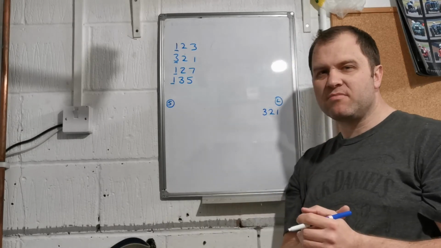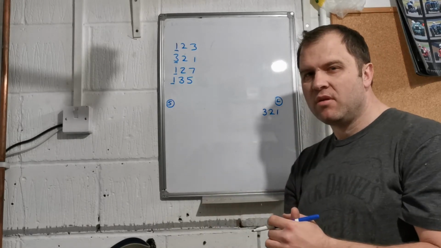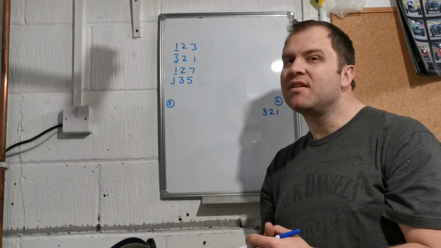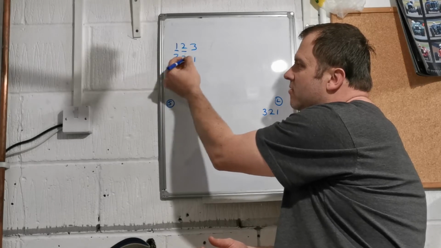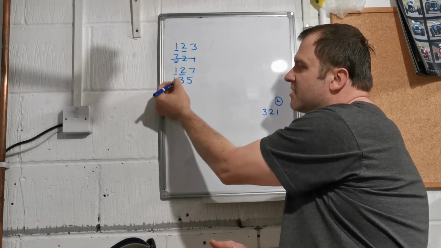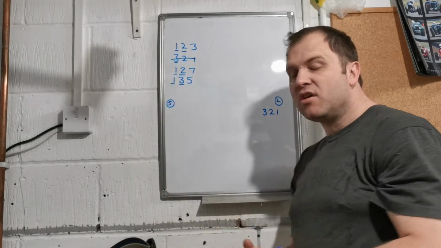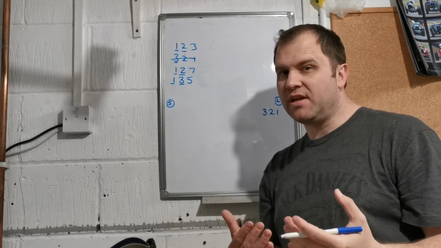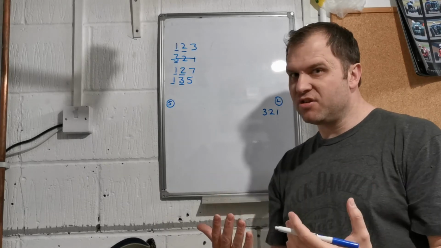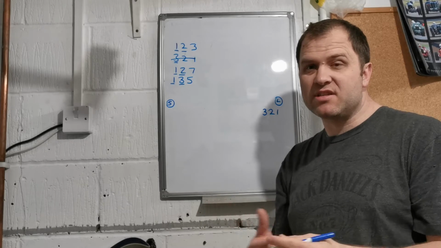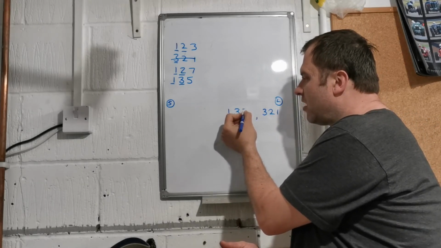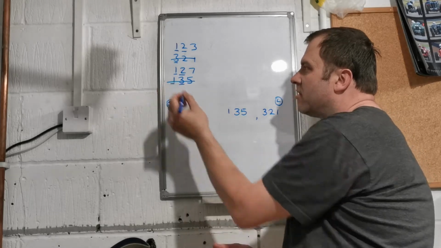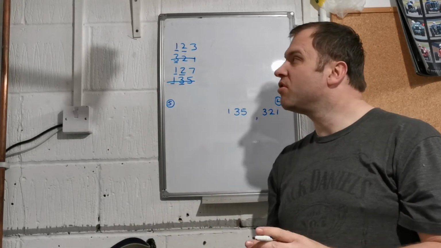But what about these other numbers? How do we work those out? Well, having looked at the hundreds, next we look at the tens. We've got 2 tens, this number's done, 2 tens and 3 tens. So we know, surely, that 3 tens is bigger than 2 tens, so that naturally is our next number, 135. So that leaves us with 2 numbers,